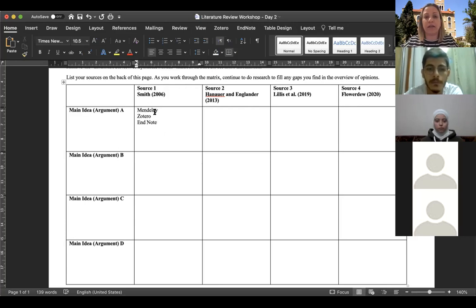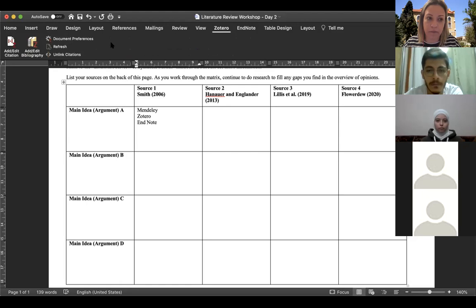Both Zotero and Mendeley also have the online option, so you can create an account and synchronize your sources across devices. What happens is when you plug it into Word, like for example here, Zotero is plugged in, EndNote is plugged in. Do you see where my mouse is? So if I have it plugged in, I can add a citation, or for EndNote, I can,